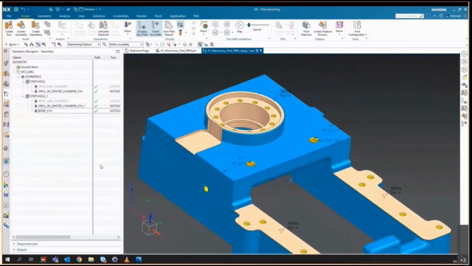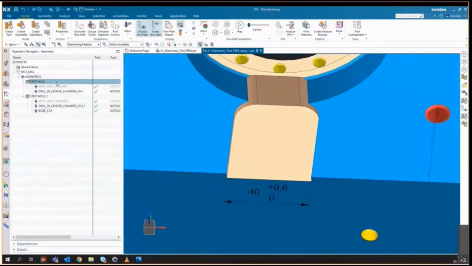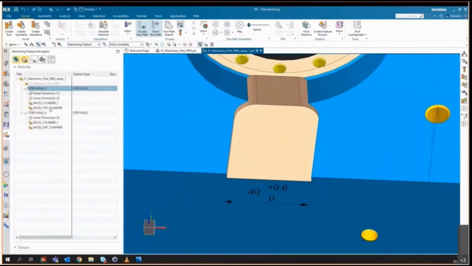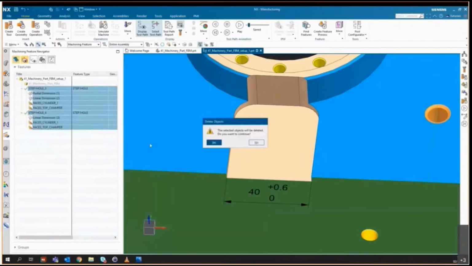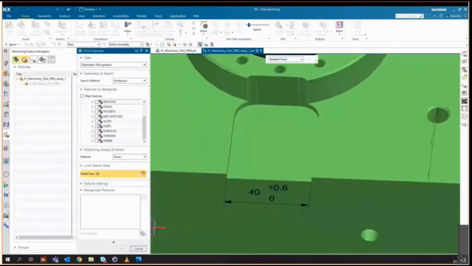So it's all very well on holes, but what about other features on parts? Very similar to what Steph just showed us with his slider. Let's have a look at this pocket. So the first thing I'm going to need to do to decide how we're going to machine it is to find the feature. So the same way that we went about it for the holes and the same way that Steph showed is simply searching for that feature type. In this case, it's a slot. I can disregard the other feature. I'm only interested in the one.